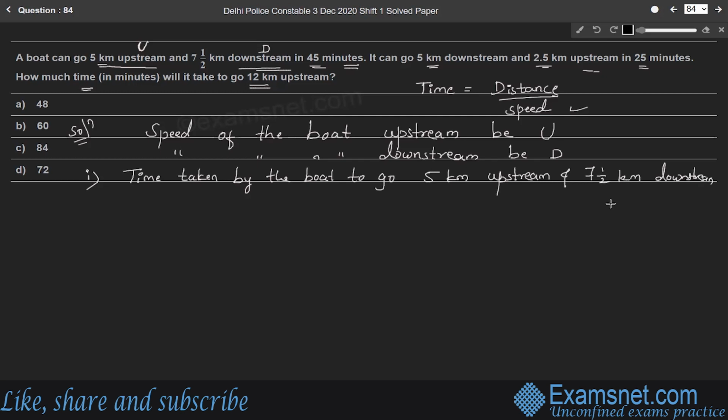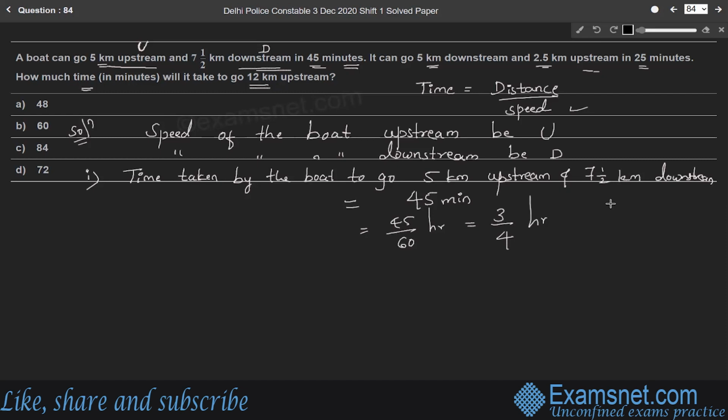Here the total time taken by the boat in the first situation is 45 minutes or 45 by 60 hour, which is 3 by 4 hour. In the first case, the total time taken by the boat is 3 by 4 hour,